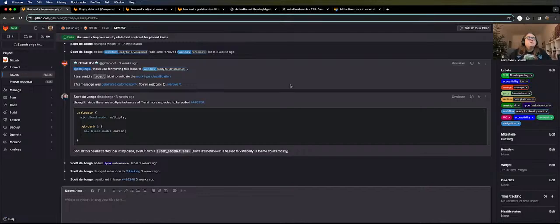Okay, so what we want to do is decide: do we want to make a new CSS utility class that we can add to this kind of text, or